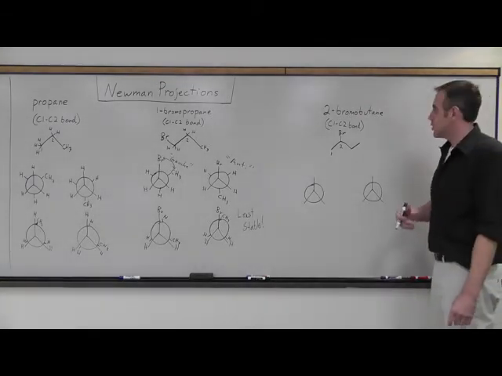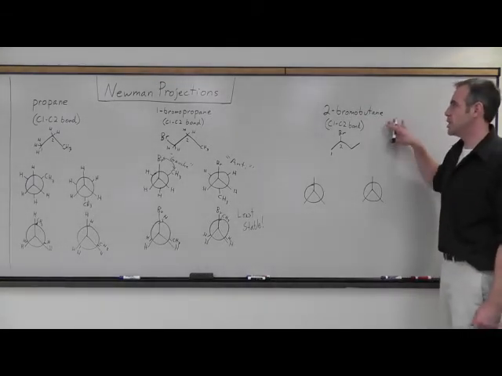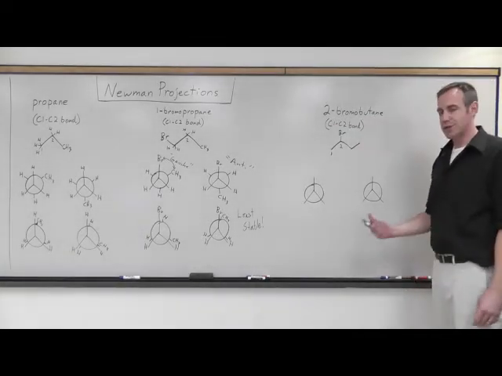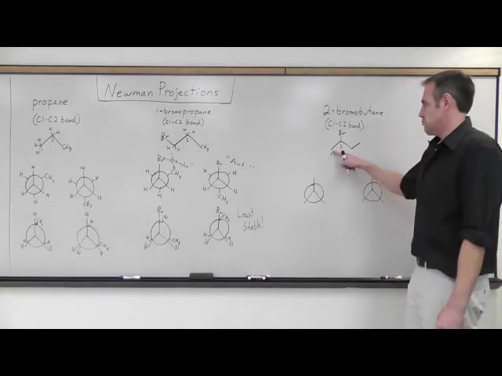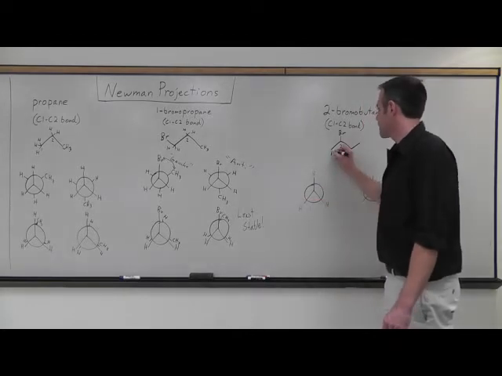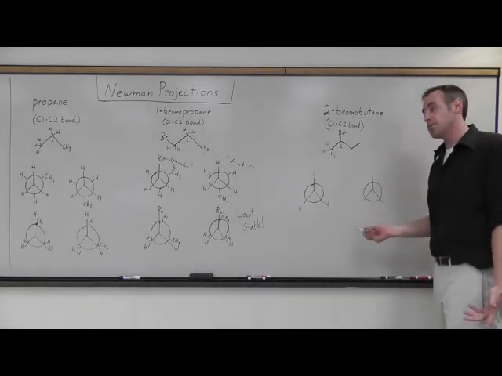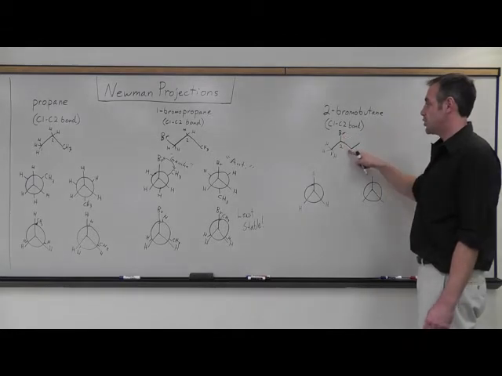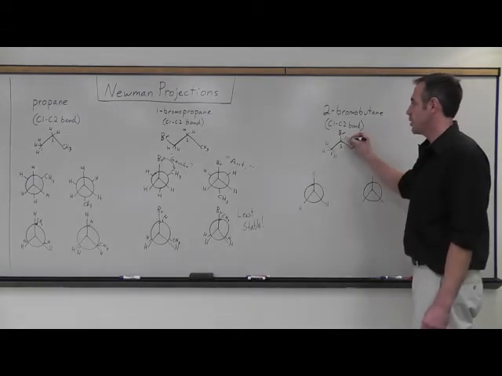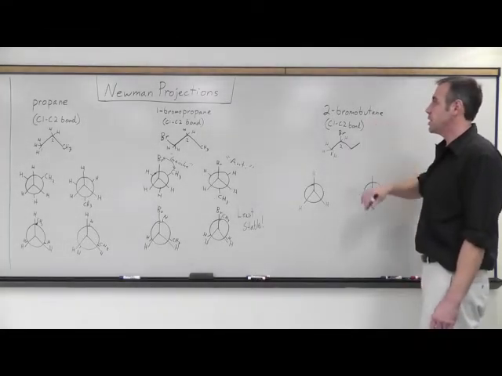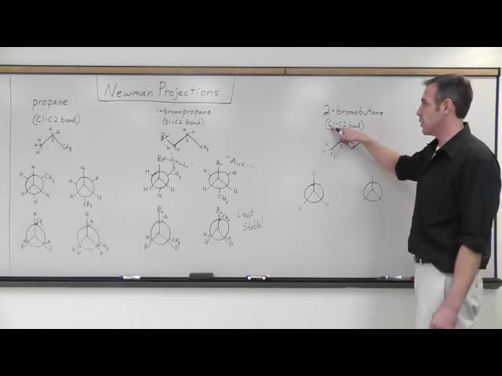Next, we want to extend this one further and look at 2-bromobutane. We'll focus on the carbon 1, carbon 2 bond, but we're going to see there's only 2 possibilities because carbon 1 only has hydrogens bonded to it, outside of being bonded to carbon 2. Carbon 2, however, now has a bromine bonded to it, a 2-carbon chain, and a hydrogen. And so this is how you would fill in 2-bromobutane if you were directed to look down the carbon 1, carbon 2